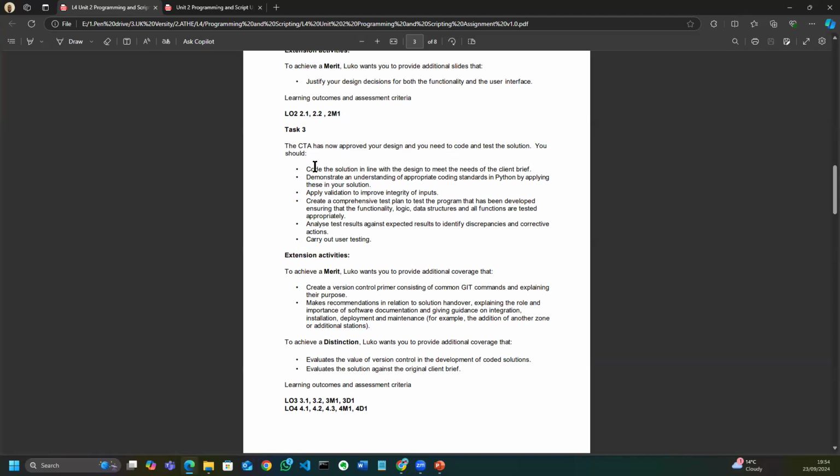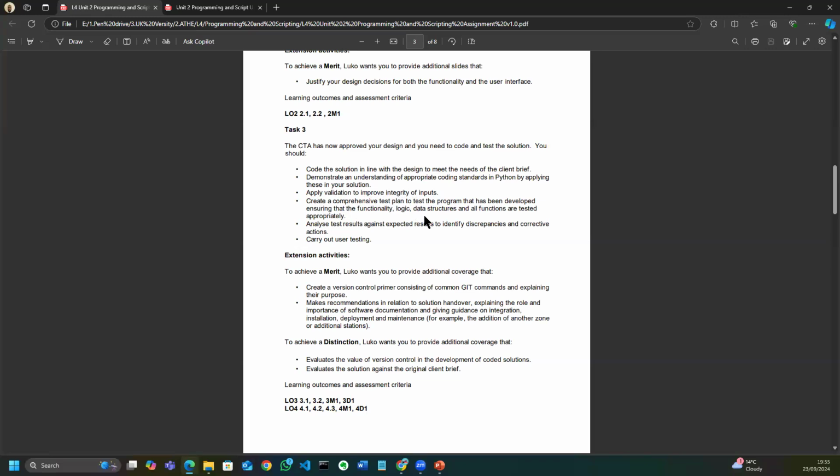So we have to have the ability to code the solution in line with the design to meet the needs of our client brief, demonstrate an understanding of appropriate coding standards in Python by applying these in the solution, apply validation to improve integrity of inputs, create a comprehensive test plan to test the program that has been developed, ensure